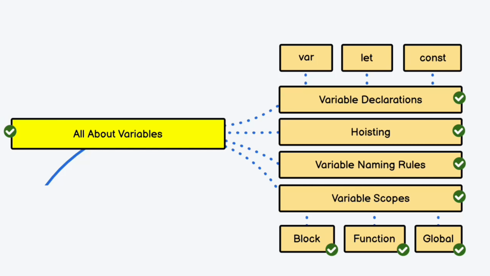Now let's come to the second module, which is all about variables. Variables are a very important part of any programming language. All the data structures and all the logic you're going to use are built using variables. Under variables we have a couple of subcategories which you have to know: variable declaration, hoisting, variable naming rules, and variable scope. Under variable declaration we have 3 different types of variables: var, let and const. You can declare a variable with any one of these, but the most popular ones right now are let and const. Var is getting deprecated. And under variable scope you have to know block, function, and global scope. That's all about variables which you have to know in the second module.